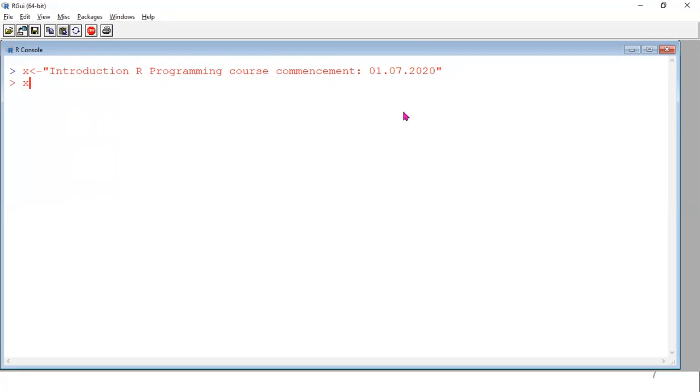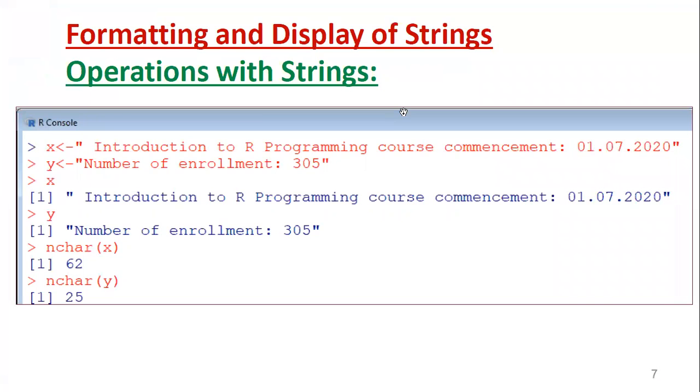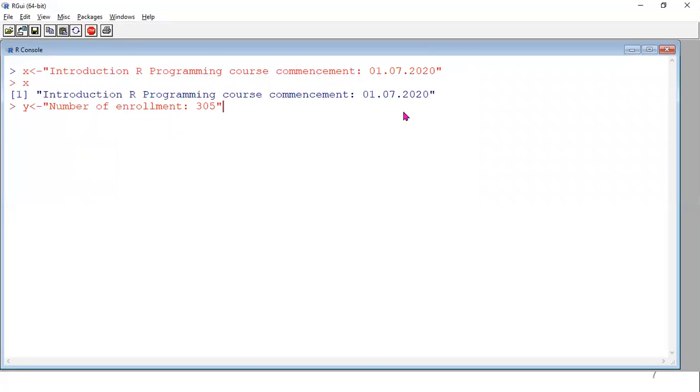If we call x, it displays the same. For the second vector, we are storing another string, y equal to "number of enrollment: 305". Here, the same, we have taken number of enrollment. Then call y.